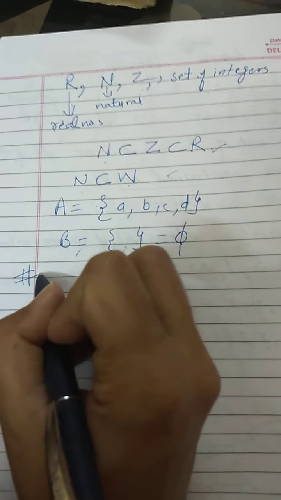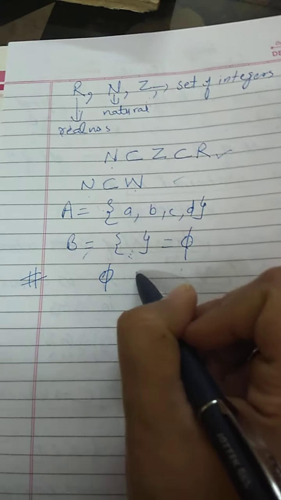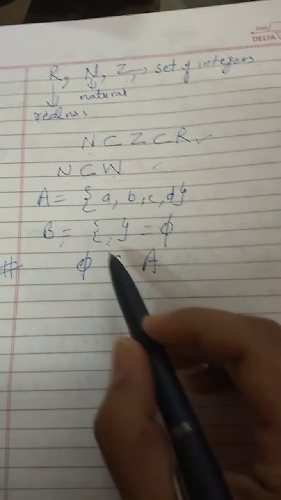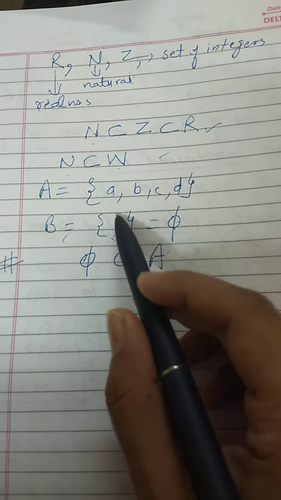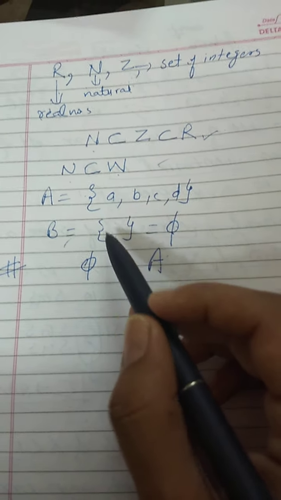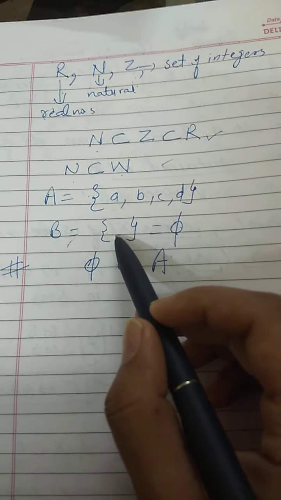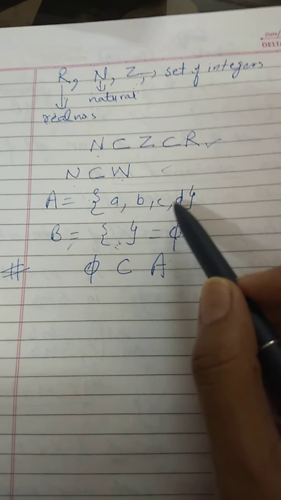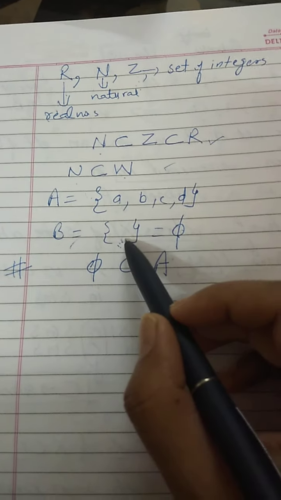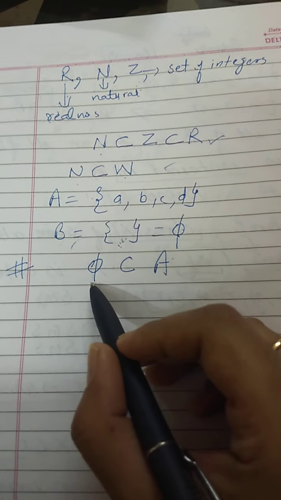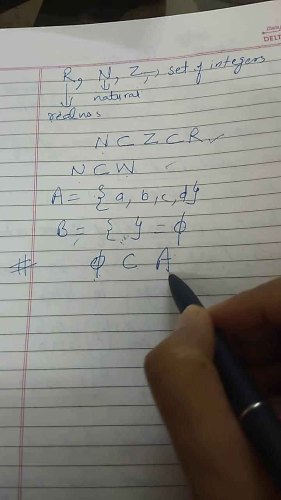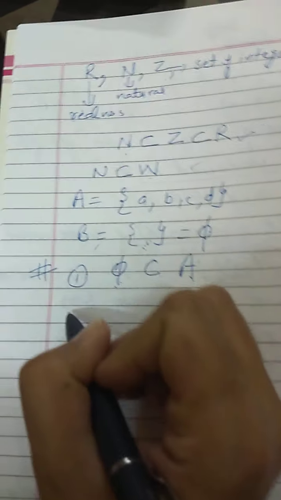Remember, it is an important point, null set is the subset of each and every set, because when I am not writing anything, there is nothing in these curly braces, so always this nothing will be there in every set. Every set will be having the null set as a subset. So this is the first point to be kept in memory, that null set is the subset of every set.